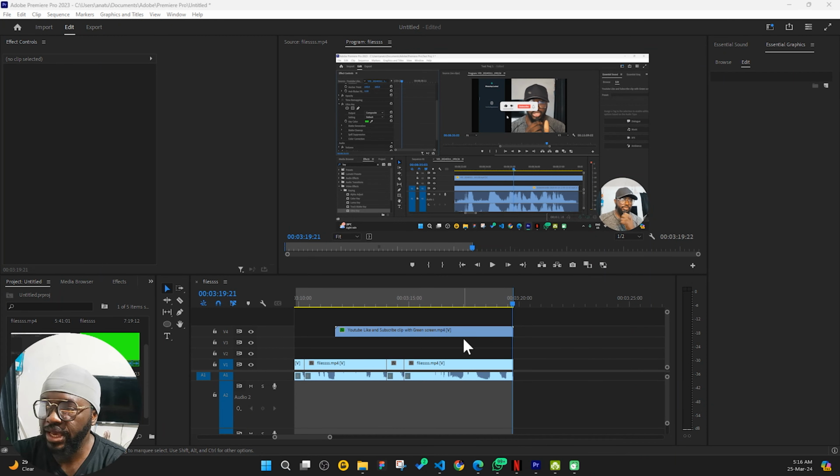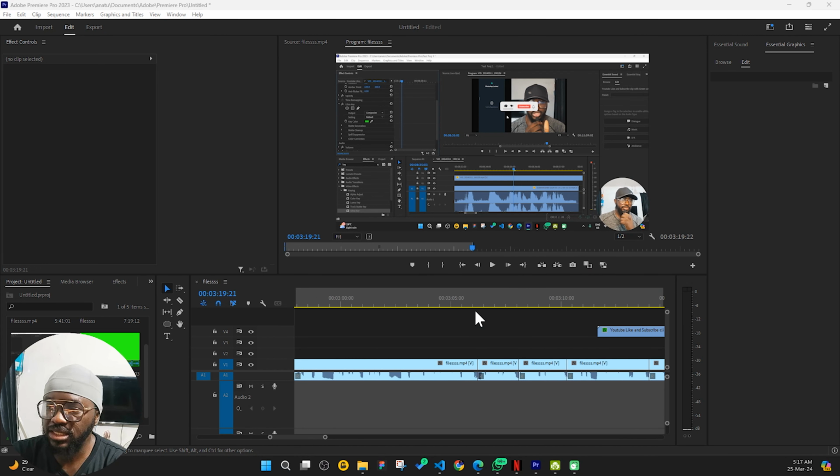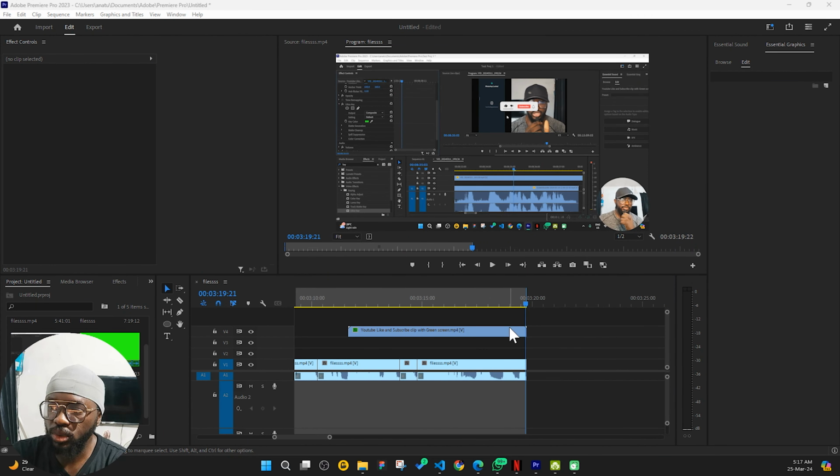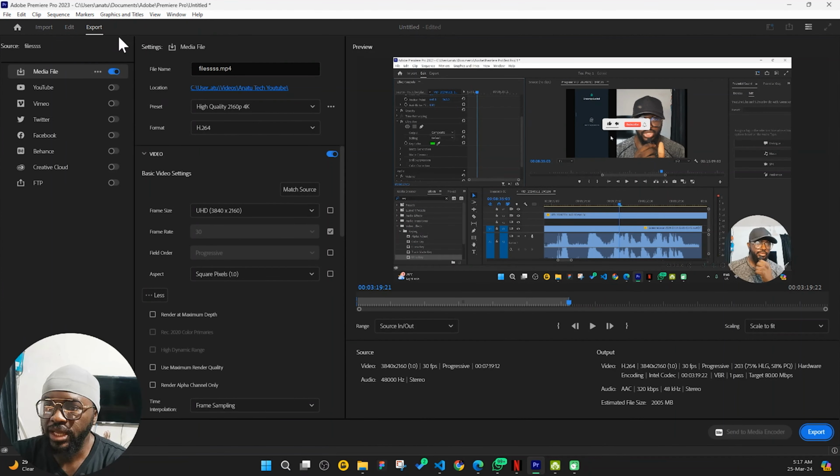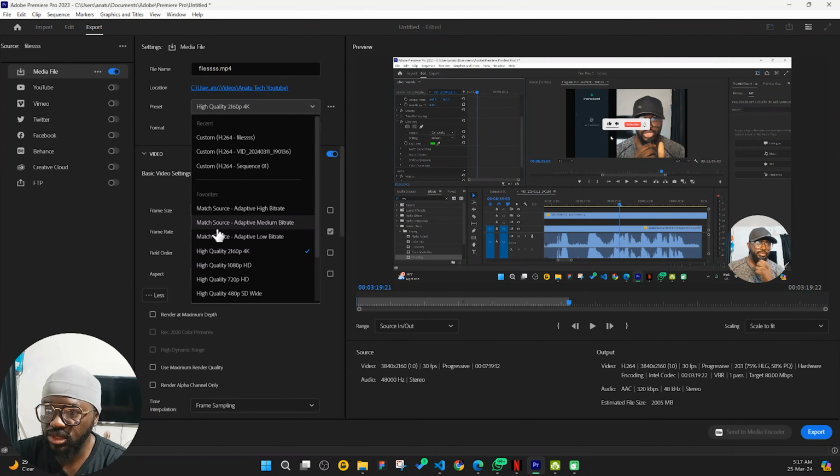You can see here I have a video of about 3 minutes and 20 seconds, and I want to export this video. I've already marked the in and the out of the video, so I'm just going to click on export. When I click on export, you can look at certain settings on this side of the screen. This is a preset quality, set at high quality 4K. This is from the last export I did, but you can come here and select other presets